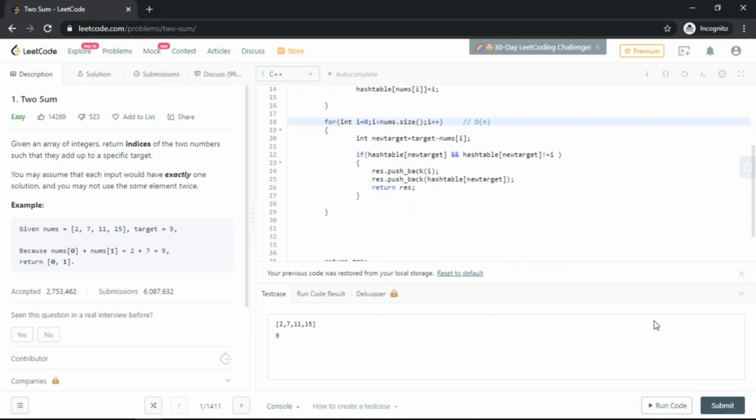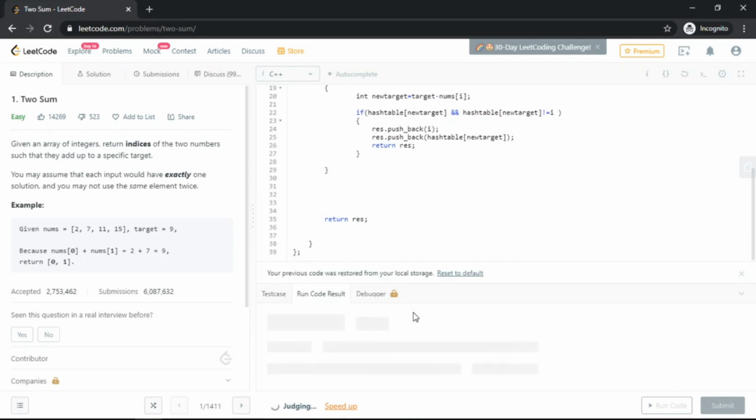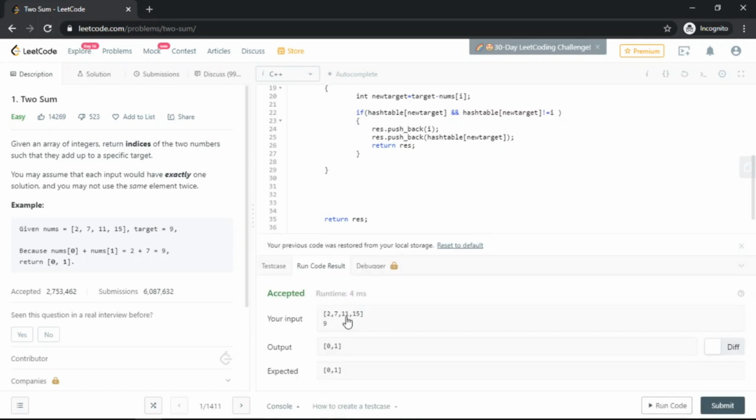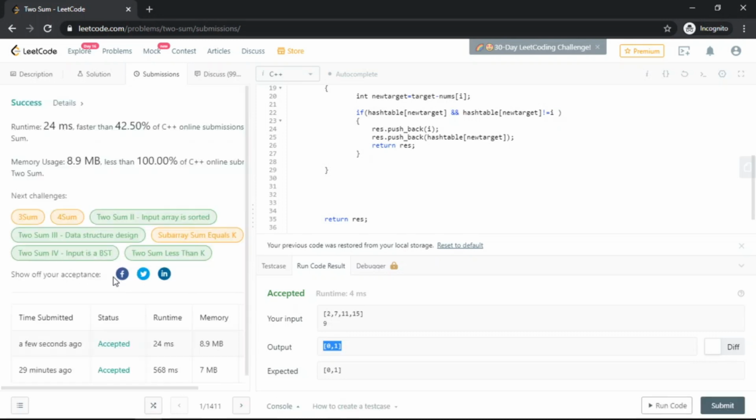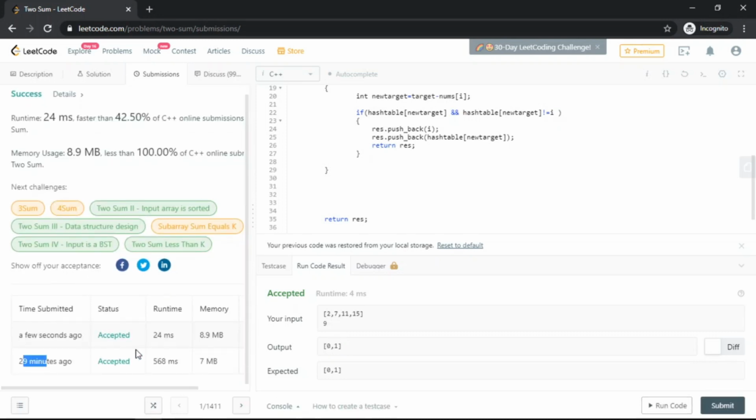Great. Let us run it and try. Okay, as you can see, the solution is accepted. We'll submit it and check. As you can see, it's accepted.